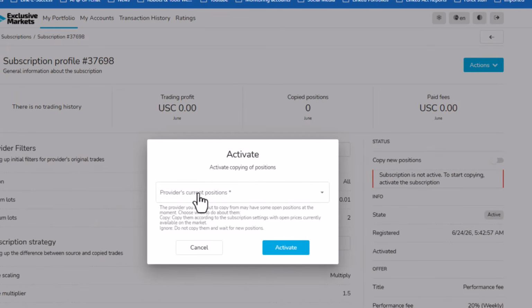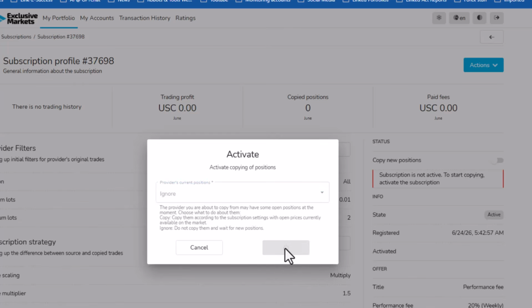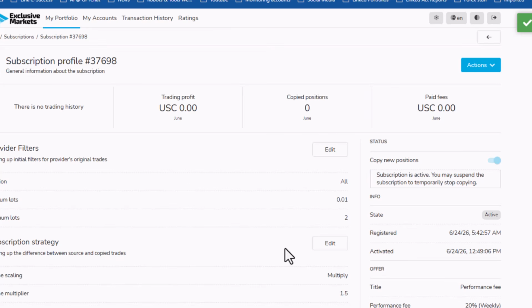says, okay, but the provider might have open positions at the moment. Do you want to copy those positions at the current prices, or do you want to ignore the open ones? So I'm just going to ignore them. I'll rather wait until the trader opens brand new, and then I say activate. Okay, so now we've told the broker how to manage our subscription, and we now go back